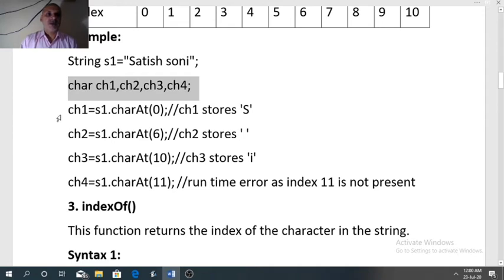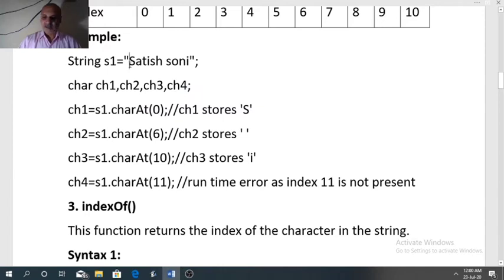So according to the syntax, first we need to write the character variable, after that equal to, the source string. The source string is S1 here, that is the given string, given name, dot charAt, the name of the function, now in brackets 0. So the character at index 0 from the source string S1.